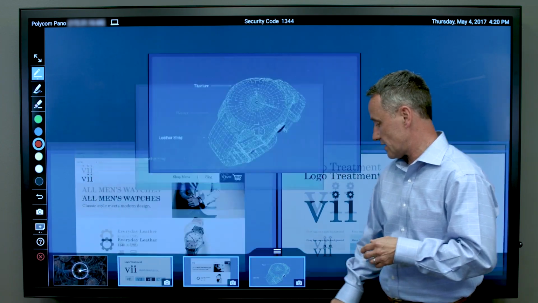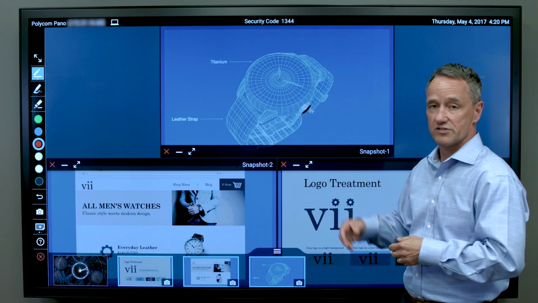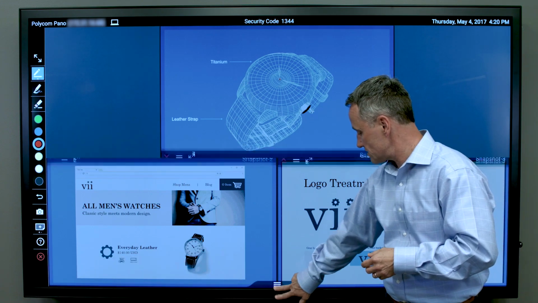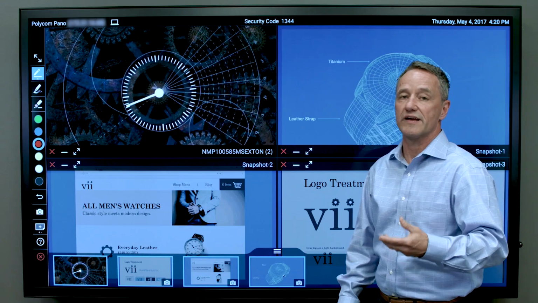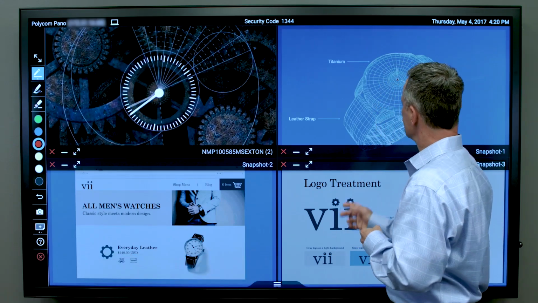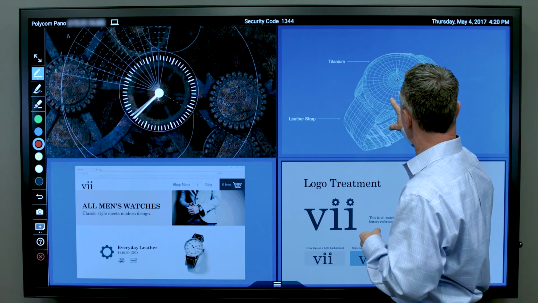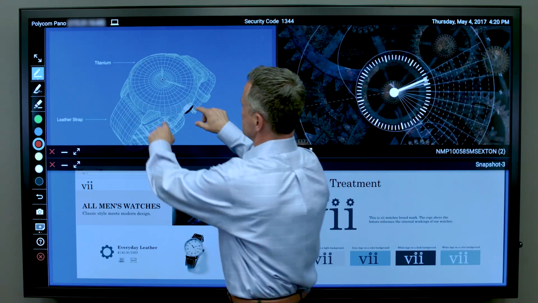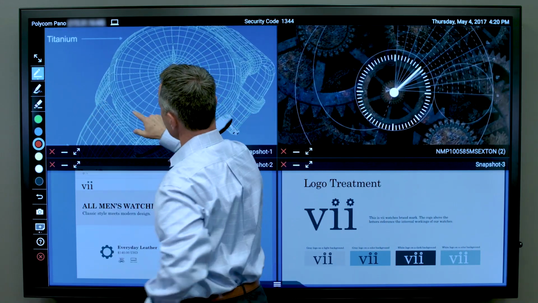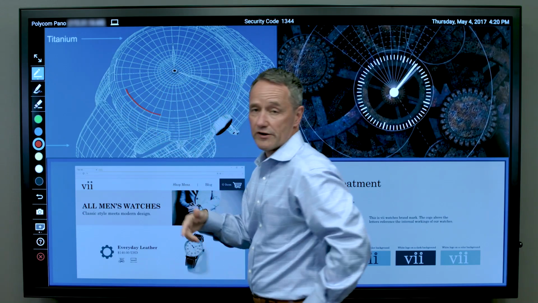Now, perhaps let's analyze our latest watch design, and perhaps even bring up the animation we're going to use for our latest ad. Okay, so this watch design is going to work well for us, I think. I would like to see us perhaps add our logo treatment near the watch face here.